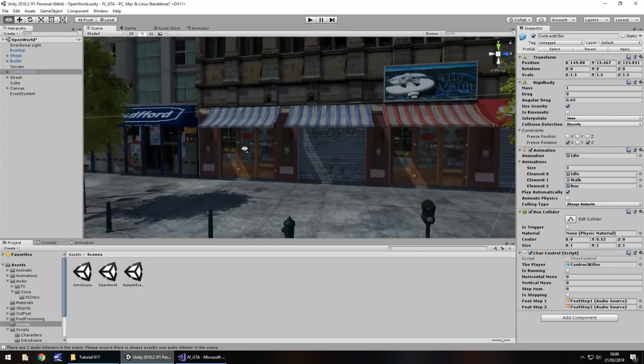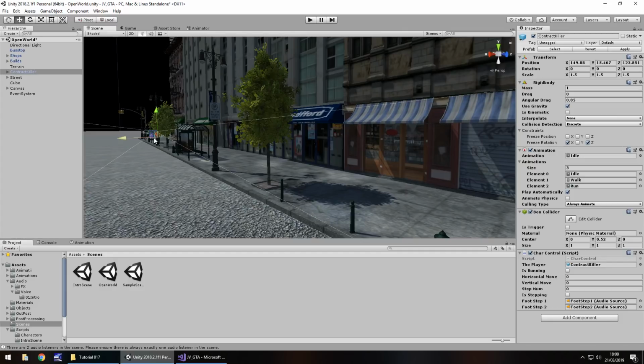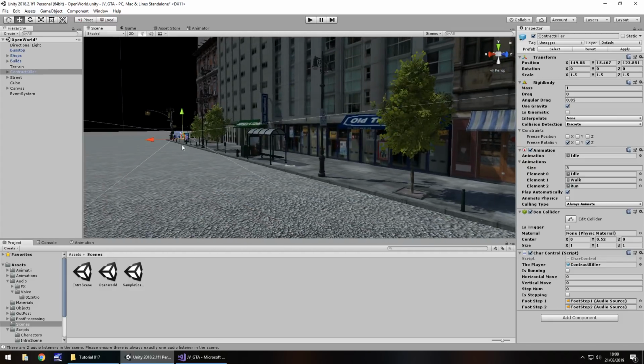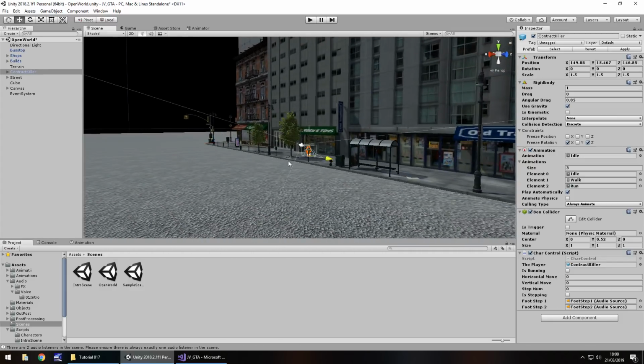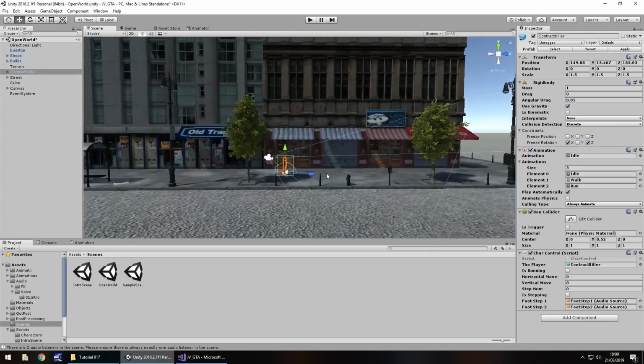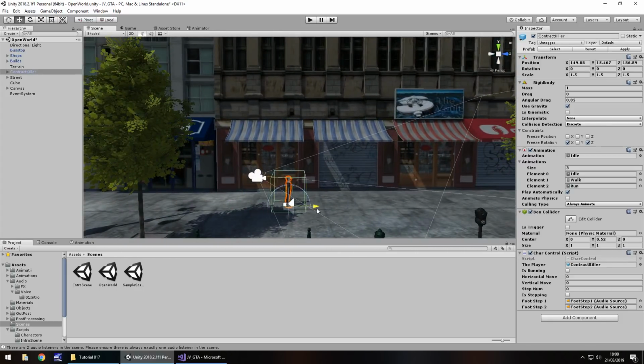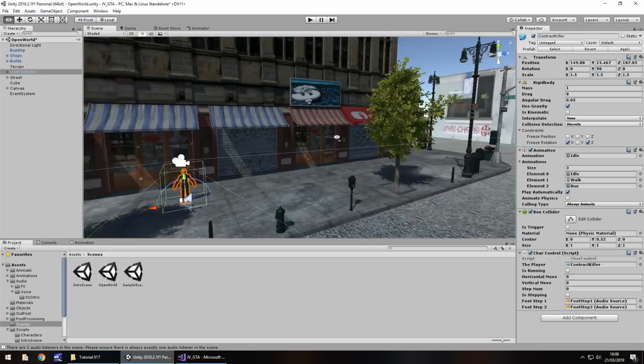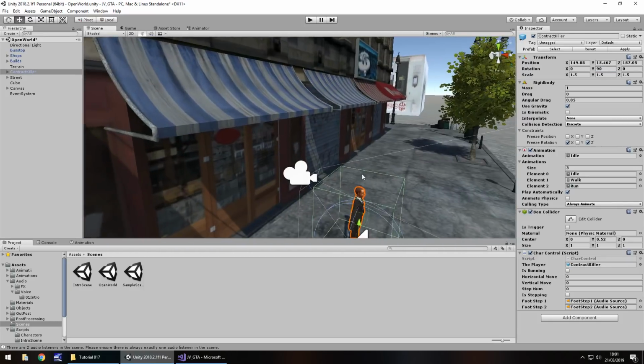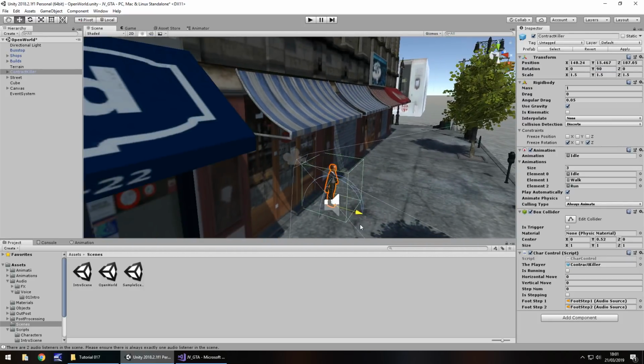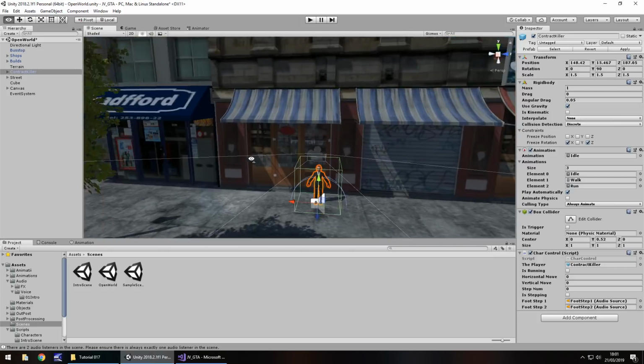So let's shift him this way, because I think this is where I'd like the scene to actually start. Let's rotate him so he's facing outwards. So he's going to start roughly around here. I think his scale might be off a little, but we'll deal with that at another time.